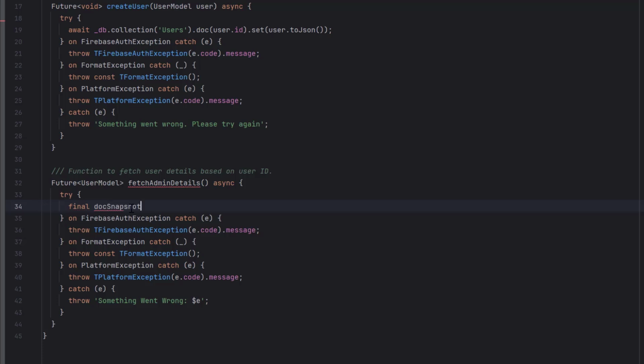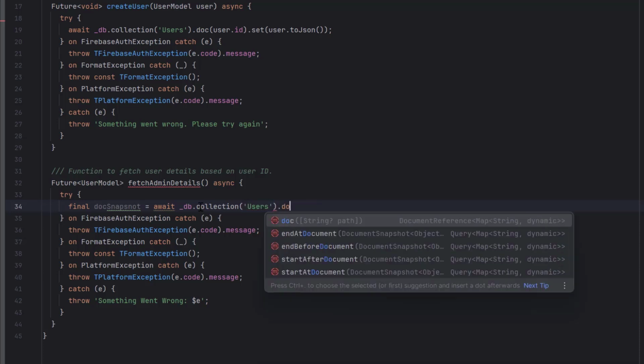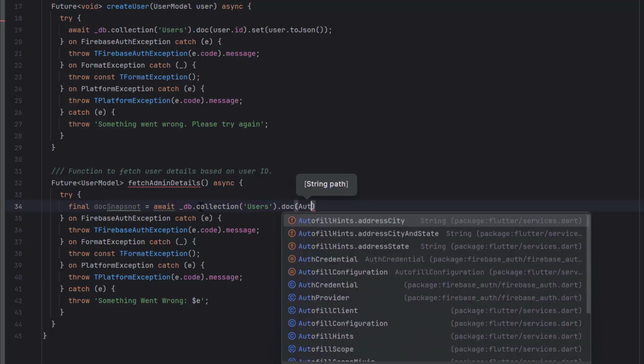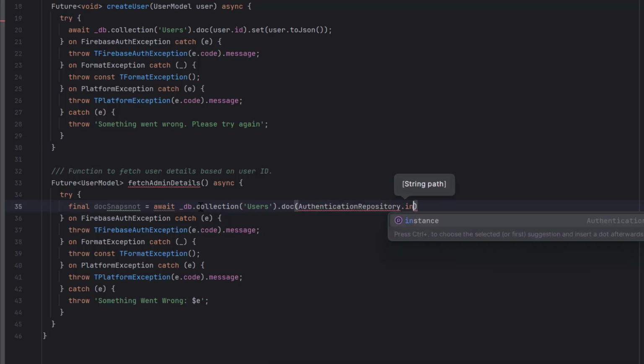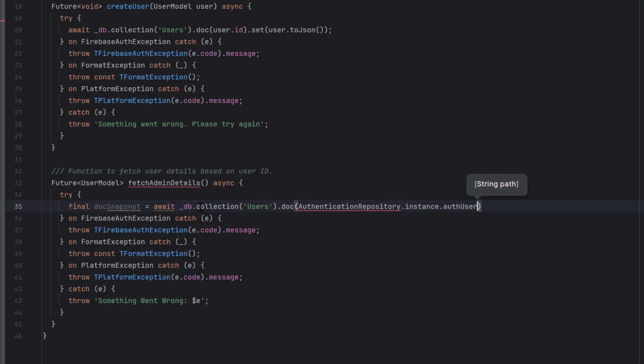So create a document snapshot variable using await. We will use the same database which we used to write the data. Now we are going to use the same database to retrieve the data from the same collection of users. Dot which document we want to read? We want to read the document of authentication repository dot instance dot authenticated user dot uid, and by calling